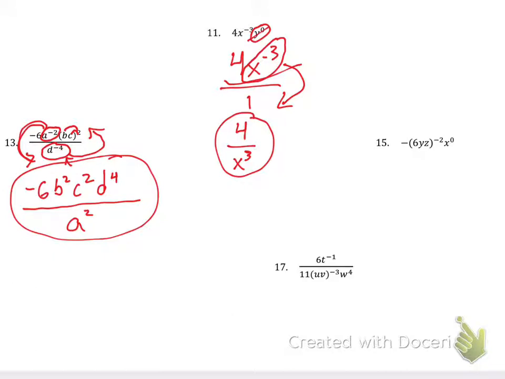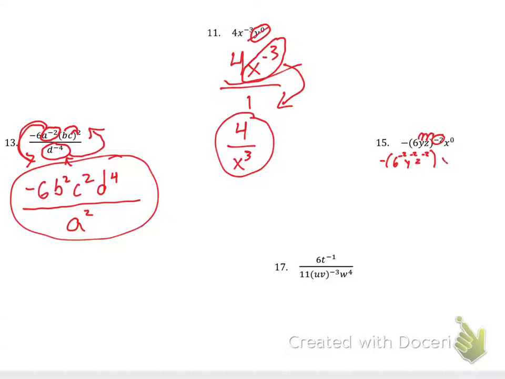All right, 15. Let's keep in mind that there's a negative right there. So it's like a negative 1 times everything that's in here. All of these are going to be raised to the negative 2 power. So if we rewrote it, it'd be negative parentheses 6 to the negative 2, y to the negative 2, z to the negative 2,